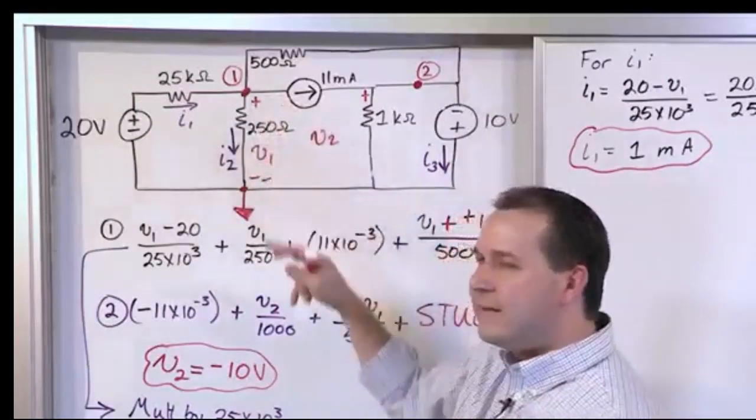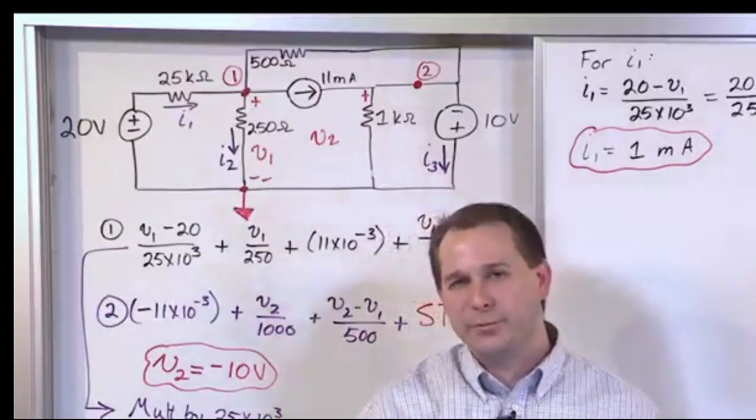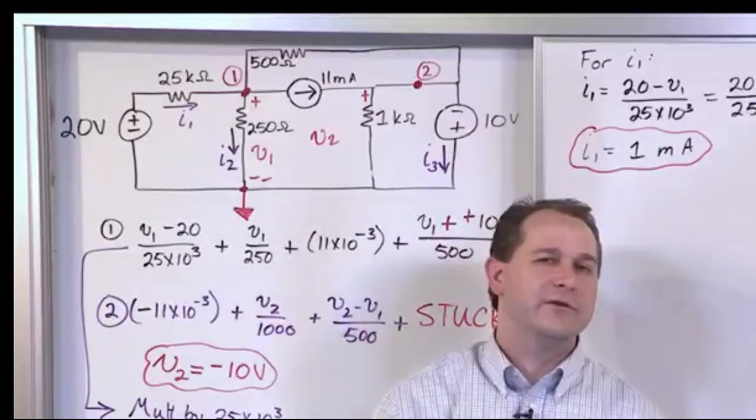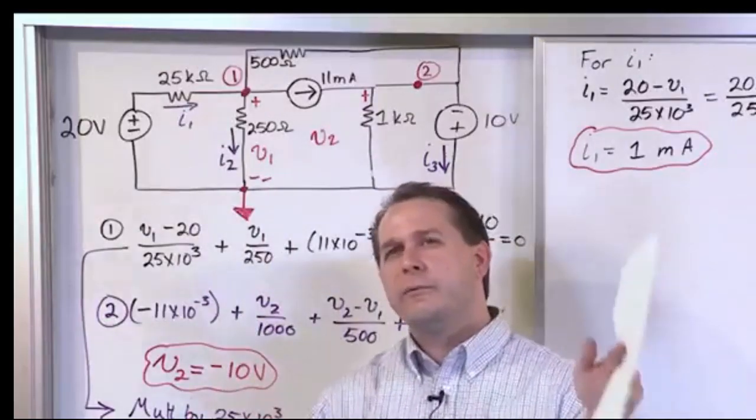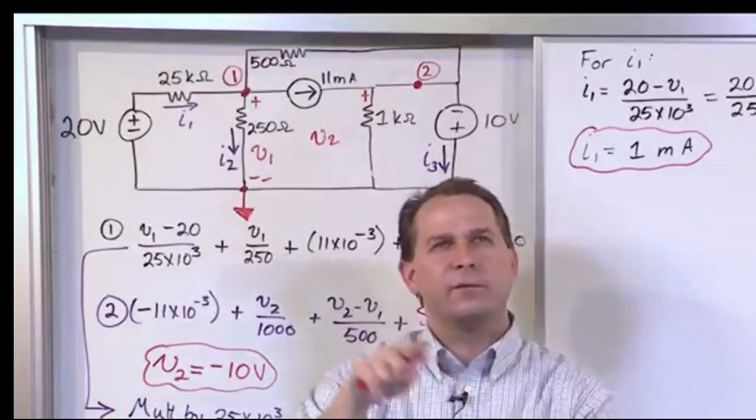It just so happens that this is a negative number. Let the algebra do the work for you. In other words, some students try to overthink it, and they think, well, this was negative, the current was that way, so I need to subtract it this way so that I can get the right